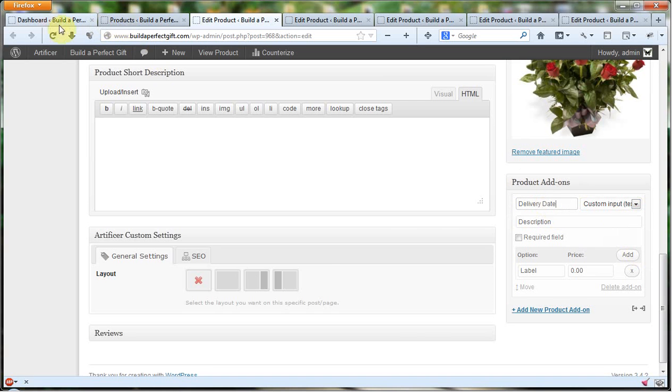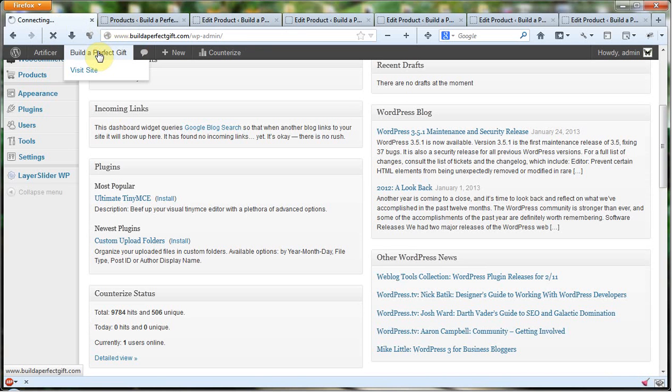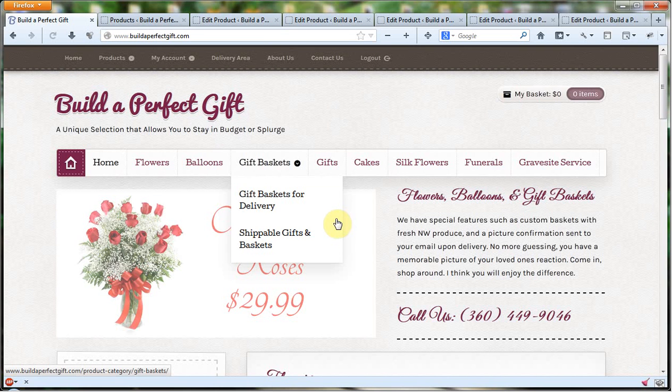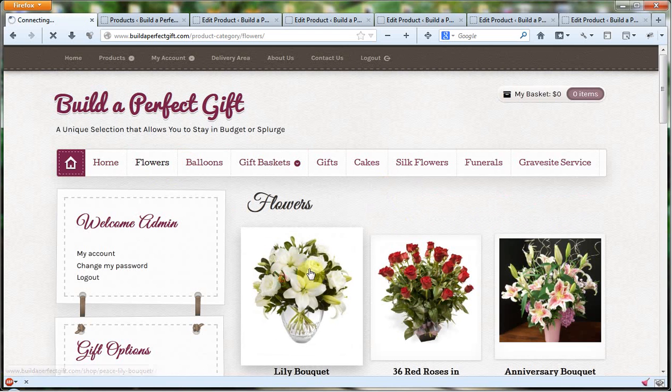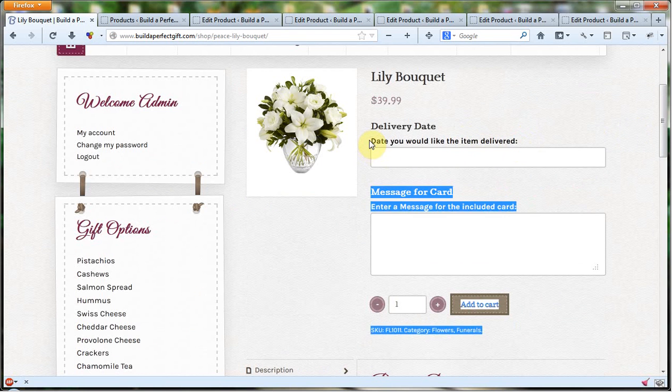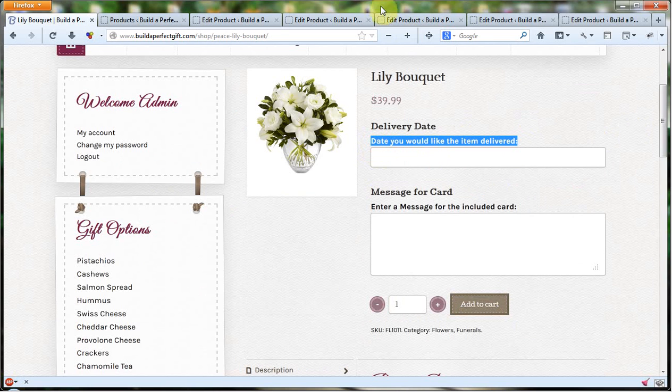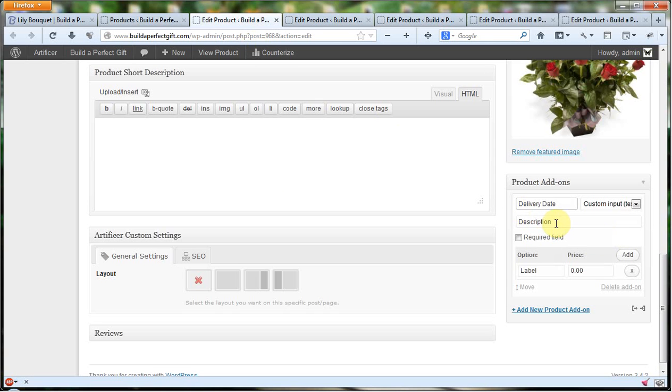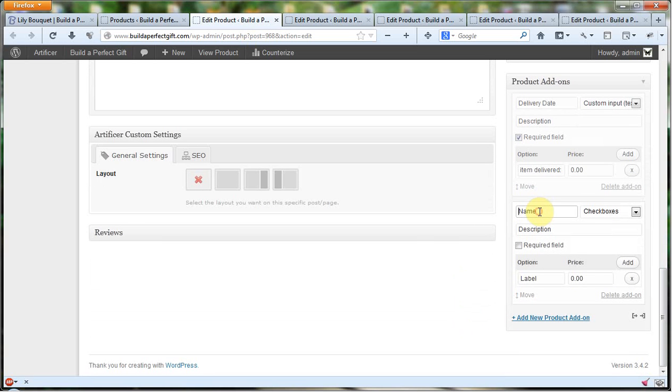Now I'm going to come back over here real quick because we're going to need a description for that field, and I'm going to pull the description right off of here. You see this item, here's the date you would like the item delivered. I'm going to copy that, because in that product, down here in the description, actually we're not going to put it down there, we're going to put it right here in the label: date you want the item delivered. Then, see, we've got Delivery Date. We're going to put that this is a required field. Then we're going to add yet another add-on, and we're going to call this one